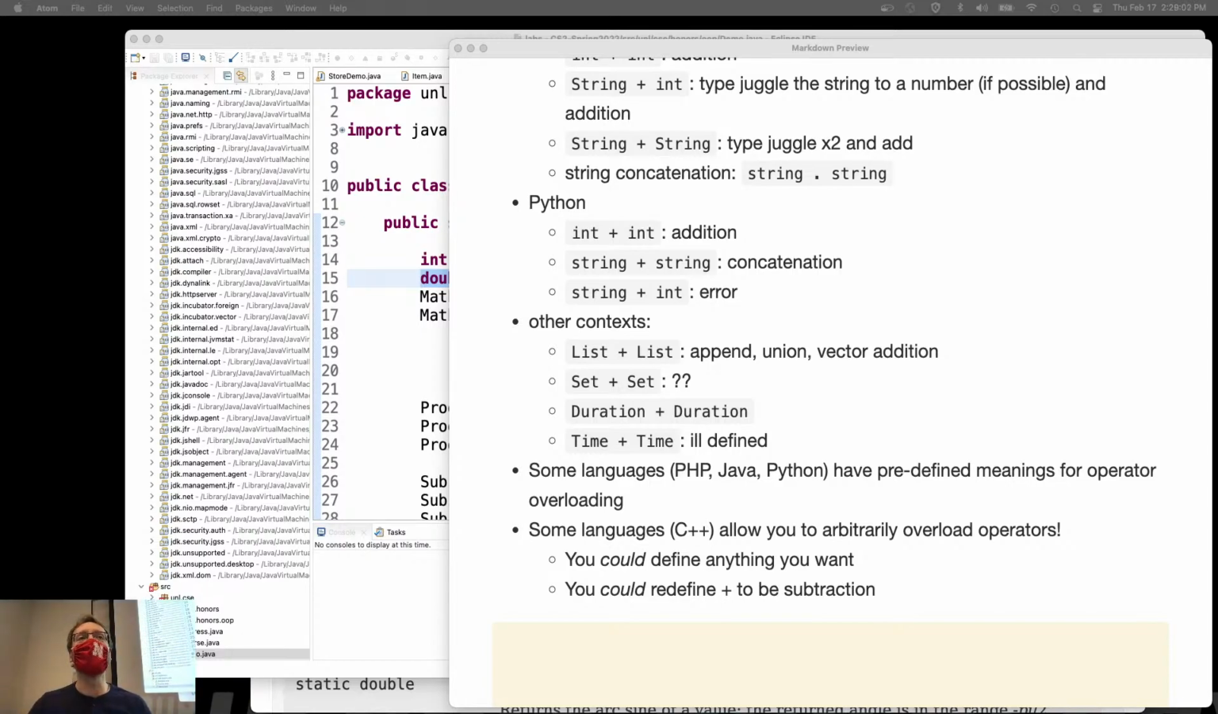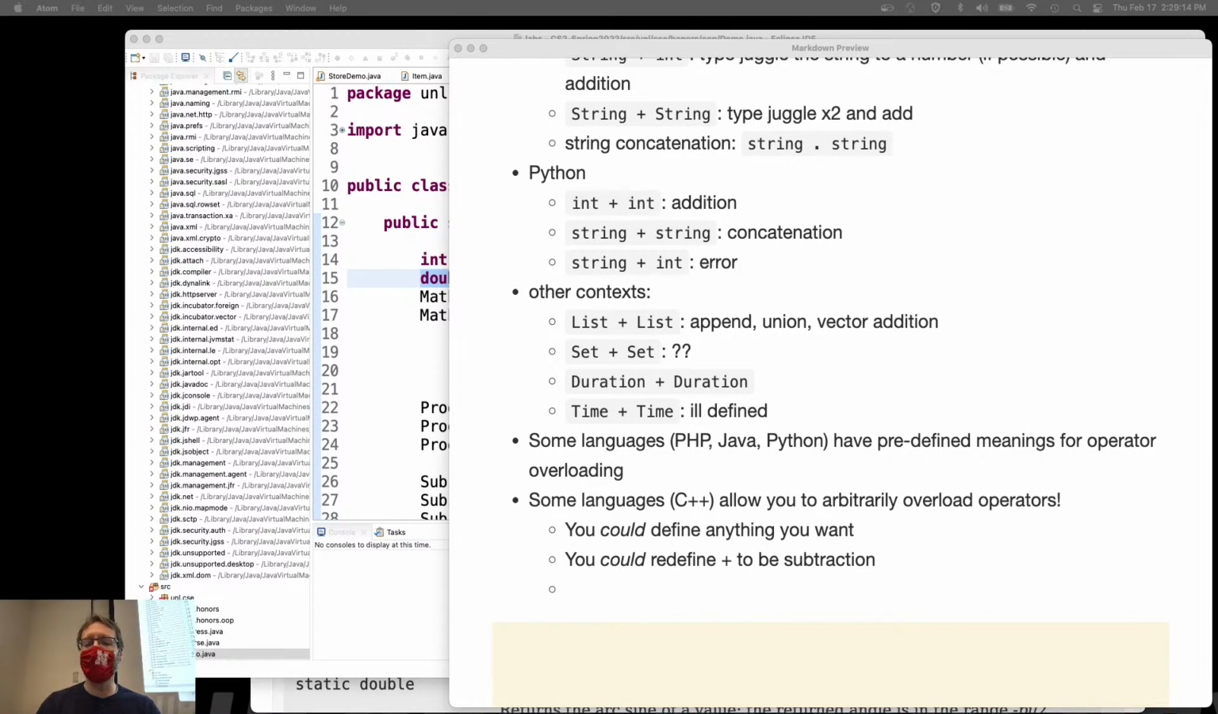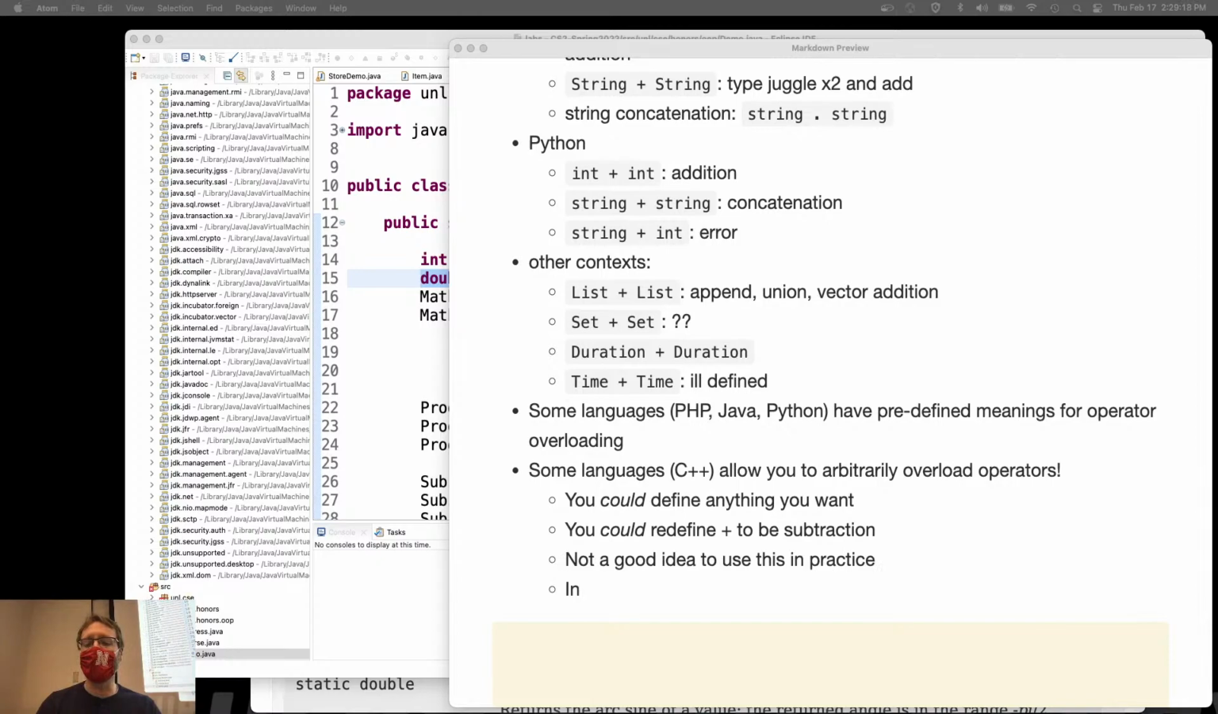Would you want to use somebody's library who thought it was a good idea to redefine the plus operator for integers to become subtraction? No. So, not a good idea to use this in practice. Right? In any case, even if you do,